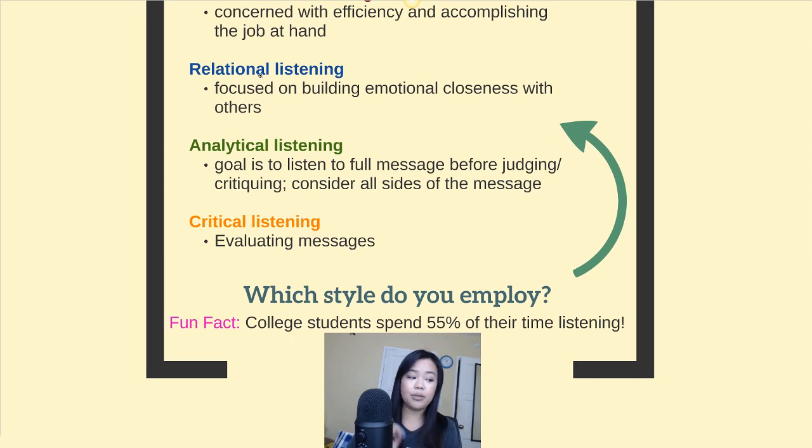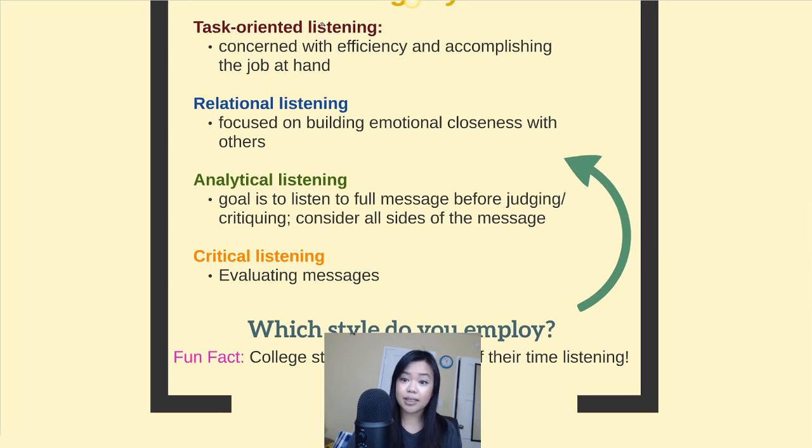Going down the list, relational listening is focused on building emotional closeness with others. So very much unlike task-oriented listening where there's a goal, right? There's a clear start to finish to task-oriented listening, because if I'm listening for my boss, I'm trying to get some sort of instruction from them, ultimately those instructions will end, and then I will leave with all that information that they have provided me and then go do that